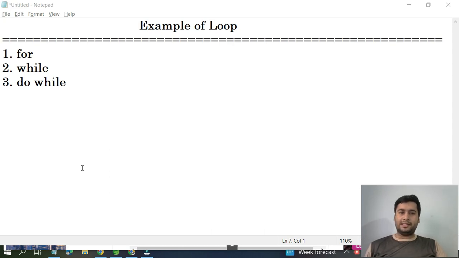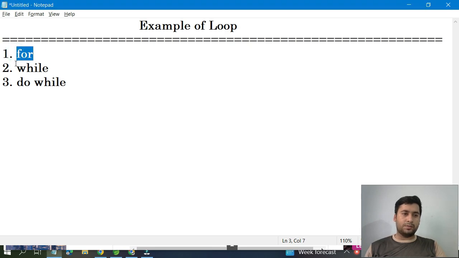In this lecture we are going to learn about loops. I'm going to explain one example of the for loop, one example of the while loop, and one example of the do while loop. Through that you can understand how we can work with loops and what the differences between them are. And one more thing, while working with loops,